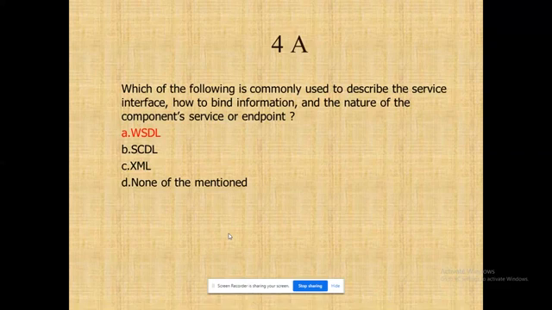WSDL will help me to identify the interface, how I am accessing the application through the service. That will be designated by this WSDL, right? SCDL will help me to identify the service, right? The discovery part will be done by SCDL. After discovery, I have to access and use it, and that happens through my WSDL.